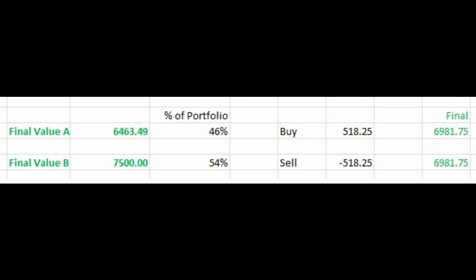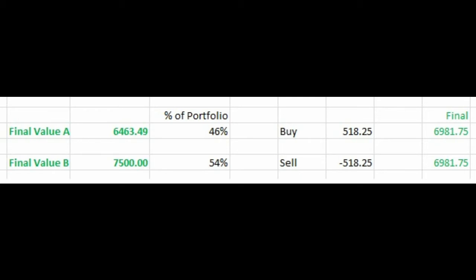To continue with my example, if you choose 2 ETFs to put money into, A and B, and choose to put 500 into each one, I would expect each A and B to be 50% of my portfolio if they stayed in balance, which they never do. They are different investments after all. This is why you bought them. At the end of the year, A is worth $6,463.49, and B did quite well and is worth an even $7,500, which is over a 25% return. But this means we are now more exposed to B than we want to be at 54% of our portfolio and need to rebalance the portfolio.